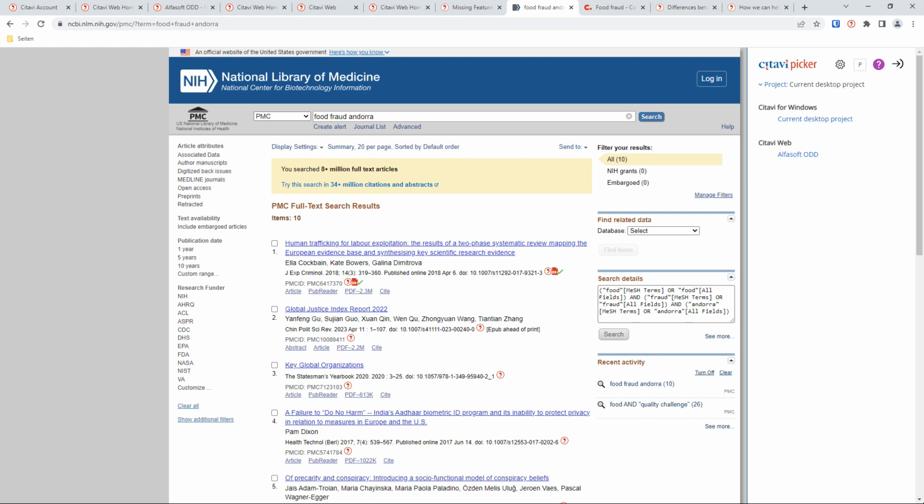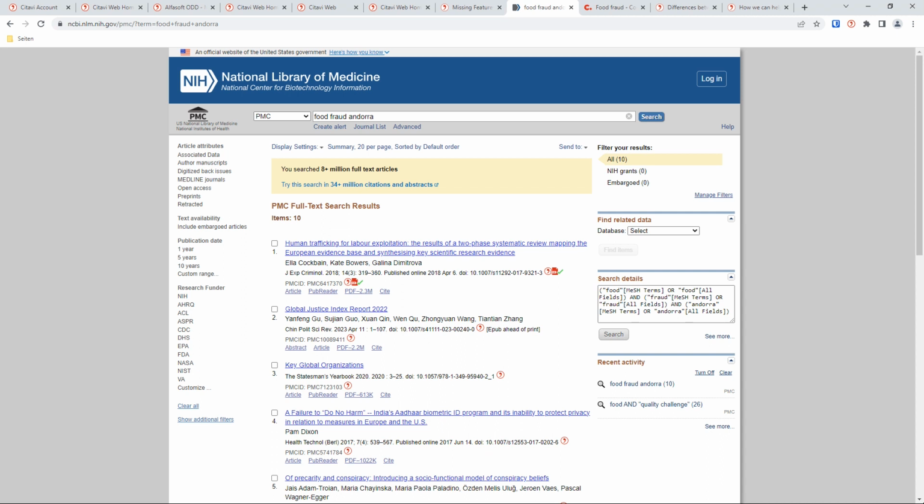But I could also here select simply Citavi Web, and then it would also go to the same database. It's the same thing. It's just because I have both programs open now that I have these two possibilities. But here it's important, if you're working with Citavi Web, you might have several projects, and make sure that you have the correct project selected to get the data into the right project. Okay, so this is how to import